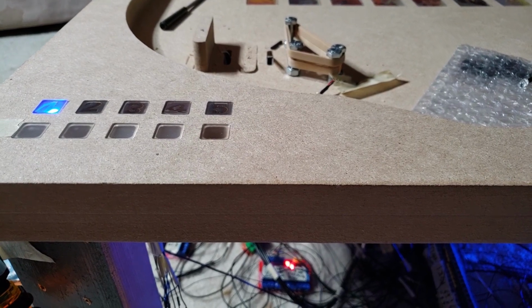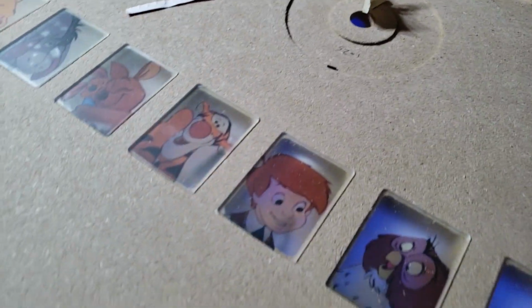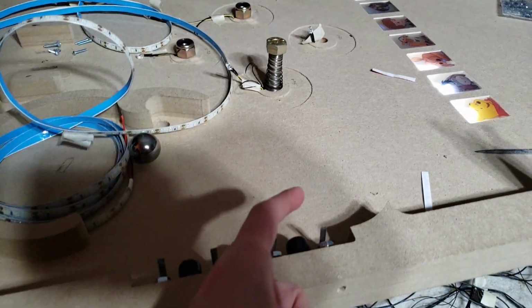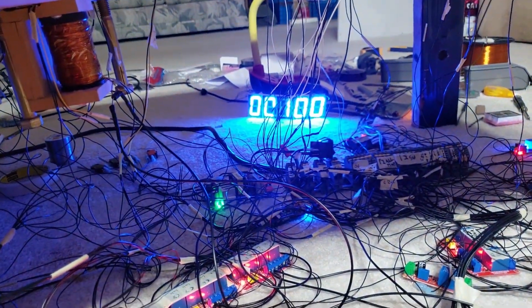So pretty neat. Now for these right here, I have to step over here because I don't have these ones mounted yet, but they're sitting on the ground here, so I can trigger that one, that one, that one, that one. And the order doesn't really matter, but I haven't quite figured out exactly what order I'm going to do this all in. Now over here, if I trigger these, now if you look down here, every time I trigger that,